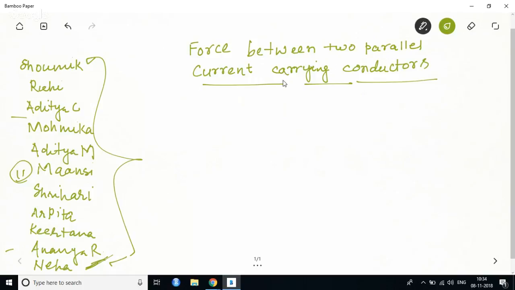Force between two parallel current carrying conductors. So this is a long wire. Try to understand the question, guys. And the current is I1. Long wire. When I say long wire, you know what the formula of magnetic field should be in the vicinity of the long wire. There is another wire kept where current is I2. Take this small length dl on this I2 and find out